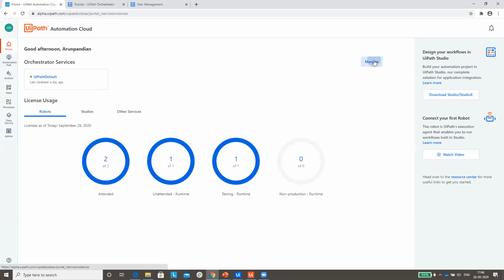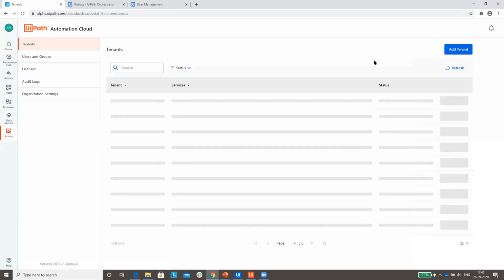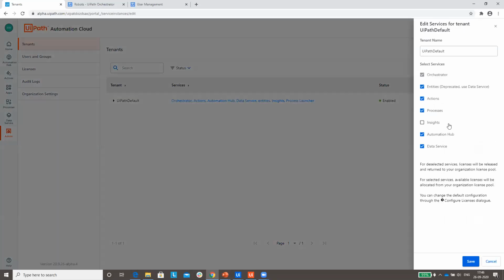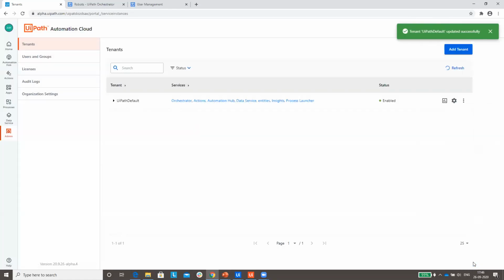Click on manage, and here you will see which services you are enabled with. Click on the three dots and click on edit services. Now you just have to check data services and entities. If it is unchecked, check it and click on save. That's it. Now you will see this option here, data services. Just select data services.